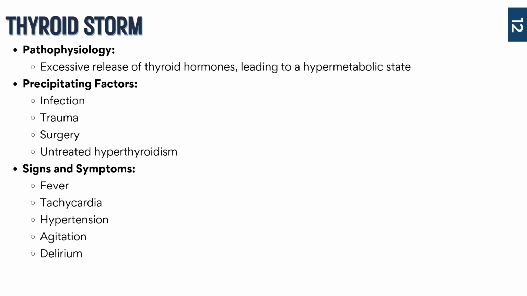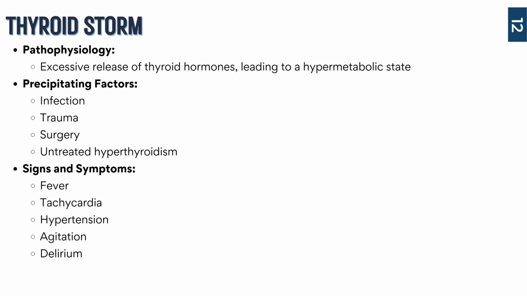104 degrees Fahrenheit. They're going to be tachycardic. They're going to have hypertension. Neurologically, they may be agitated, restless, or even delirious. As the condition worsens, heart failure or shock may develop, making thyroid storm a medical emergency requiring immediate intervention. So as a nurse, you need to recognize these symptoms early so that we can intervene before it progresses. But untreated thyroid storm has a high mortality rate.